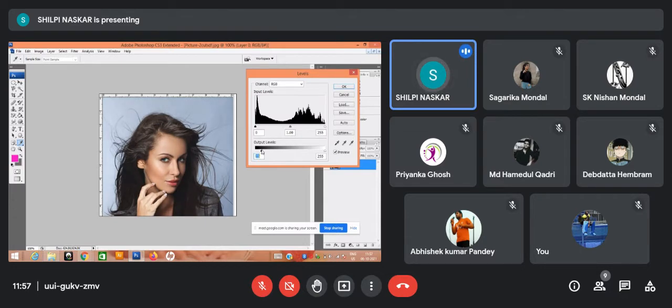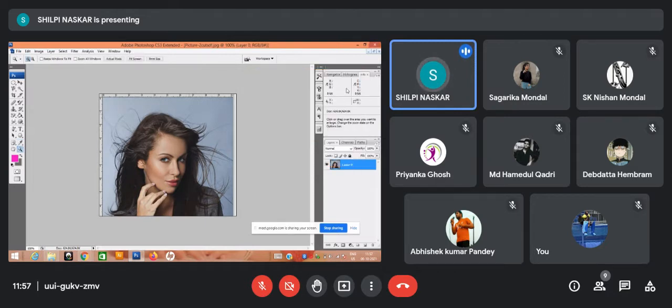If you want to edit it, that means I have reduced the number of pixels in the highlight region and the number of pixels in the shadow region.